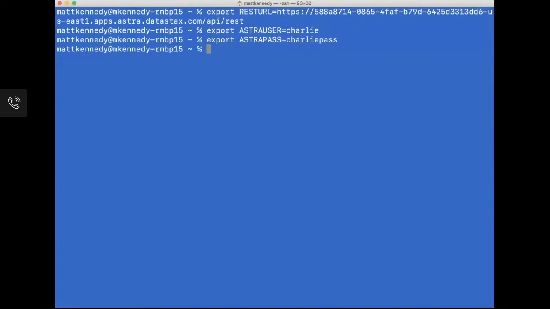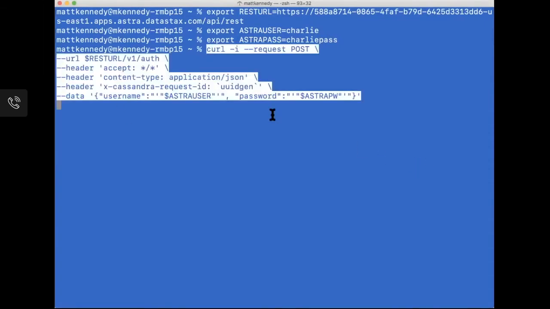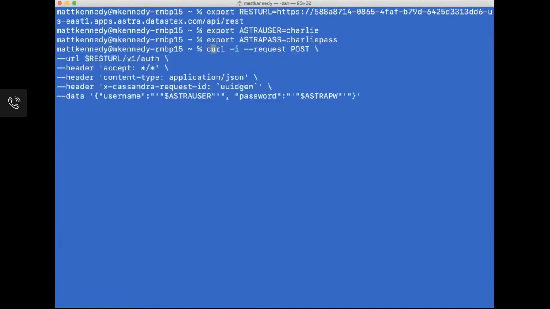Okay. So now we are going to bring in a curl command that lets us get a request token. So that is going to look like this, and we'll walk through each line of this. So the first is curl -i with a POST request type. So this basically says send an HTTP POST, and we want to print out the headers we get back, or the response codes we get back with this -i. We're going to be sending this request to our URL plus a v1/auth path component to the end of that.